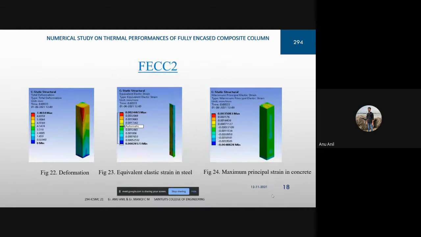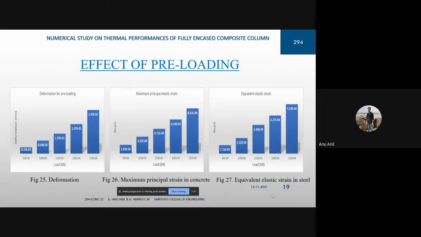So this is the result for the second column, for the second model. Here the maximum principal strain in concrete reached 0.0035 and the deformation was 7.46 mm, while the equivalent elastic strain in steel was found to be 0.0024. This is the